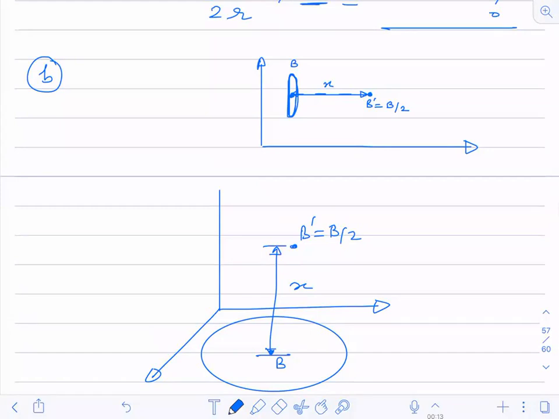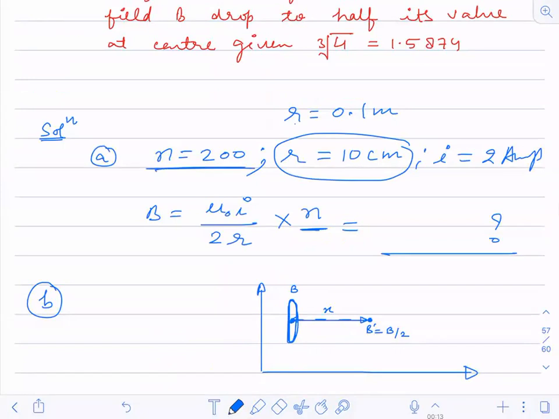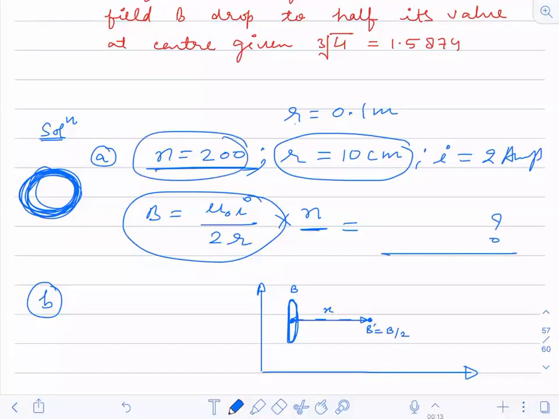Part A is nothing. You just have to multiply by n turns. There are n number of coils like this. So if you are having n number of coils, you have to multiply by the number of turns. For one coil, you will have a magnetic field strength like this. If you increase the number of coils by 10 times, what will happen? This magnetic field will become 10 times. So if I'm increasing the number of turns by 200 times, I have to just multiply by n. That's it. There's nothing in that.